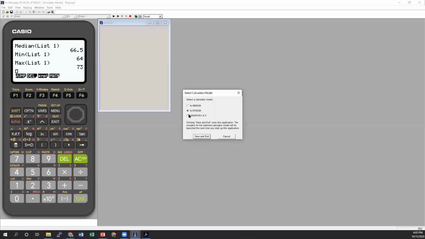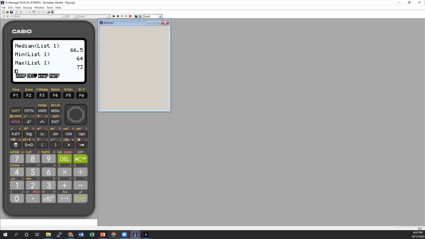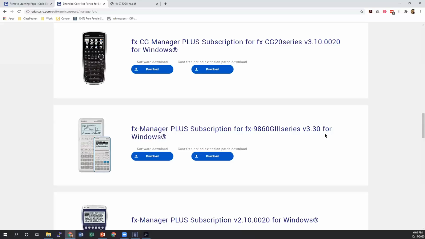All right, so then you choose that, and then I think this is like a French version. Well, we don't want the French version. Yeah, which we don't want either. So that is the calculator you would want to download, if you wanted the software.